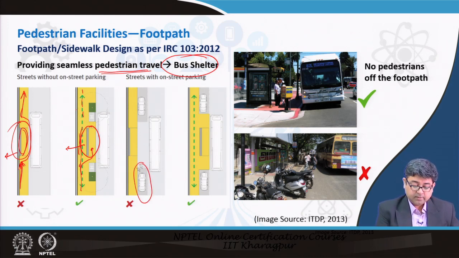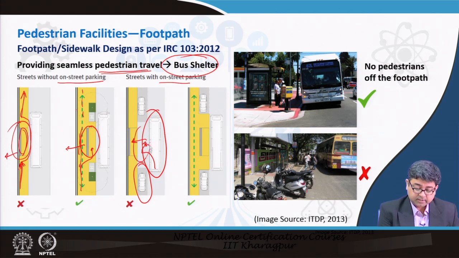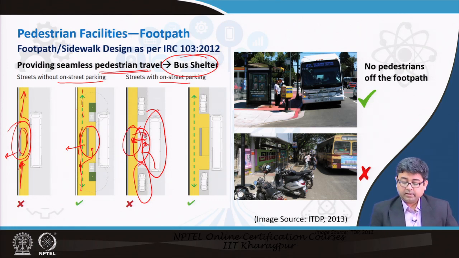Similarly, this is the situation when there is no on street parking. When there is on street parking, if the bus is so long, you have to ensure that the bus at least has direct access to the bus shelter, right. If the bus cannot squeeze into this space, then people will start getting off here, which is again a pavement area, and then go to the bus shelter. So, nobody will be waiting at the bus shelter; everybody will come on the pavement and start waiting.